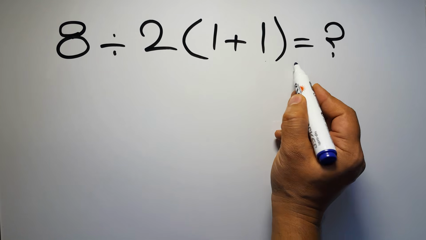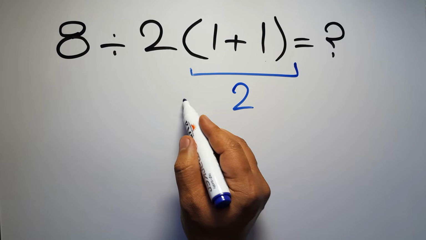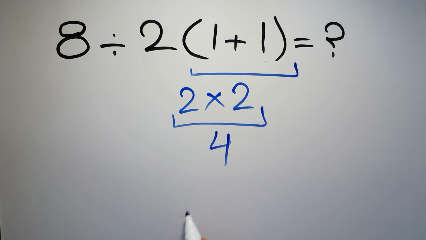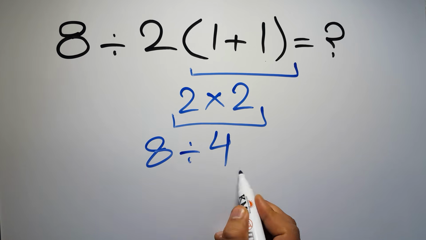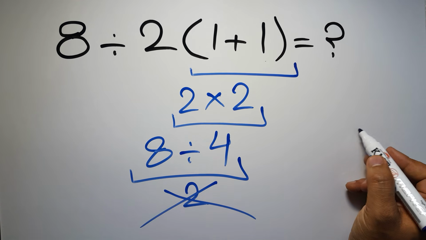1 plus 1 equals 2. And 2 times 2 is just 4. So 8 divided by 4 gives us 2. But this answer is not correct, because according to the order of operations, first we have to